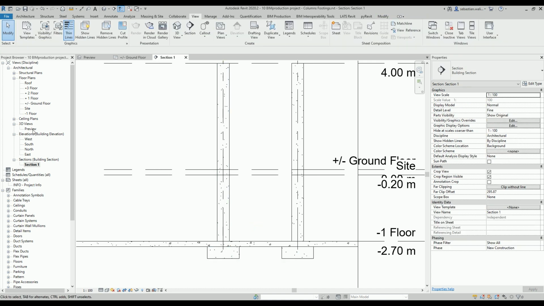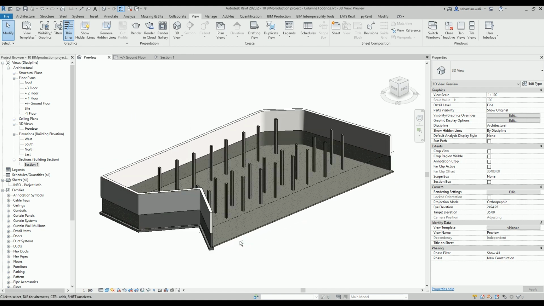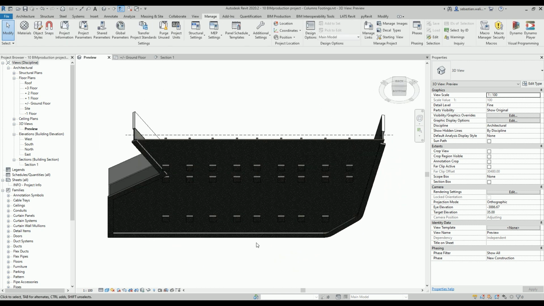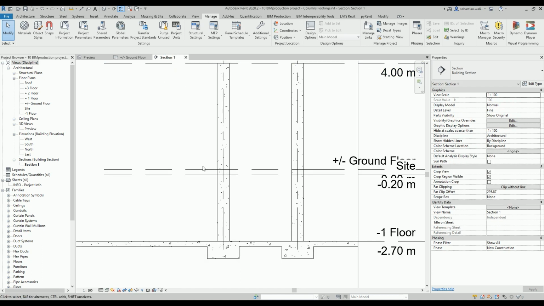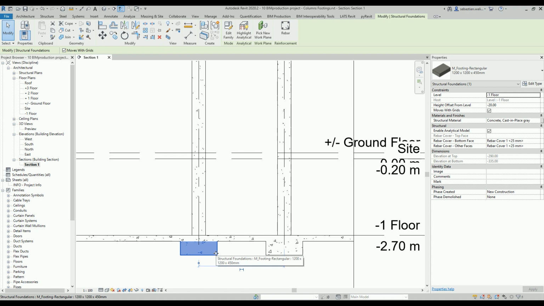Let's go back to the previous view. We can choose it from the project browser or from the tab which we have here. Now I can once again rotate my building, and we can see that all the footings are under the slab. Let's go back to section 1. Click one of the footings and let's change the material for it. In this specific family, M footing rectangular, which we have loaded to the project, the material parameter is placed right here in the properties palette. So this is an instance parameter, so we will only change it for this one instance